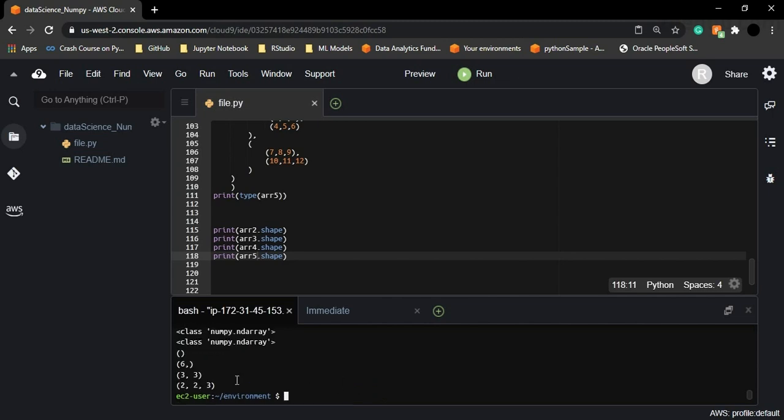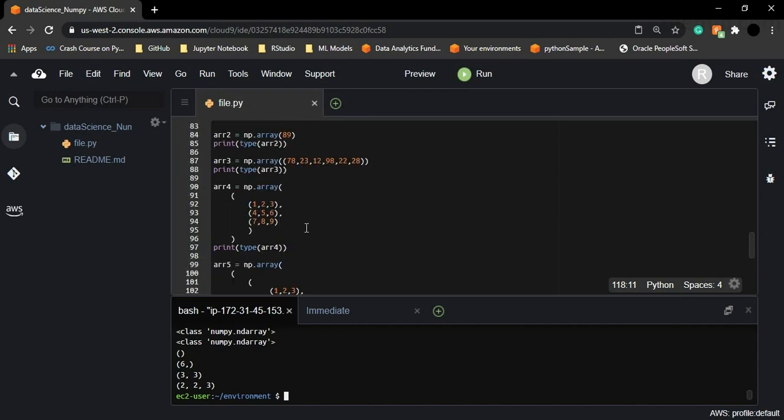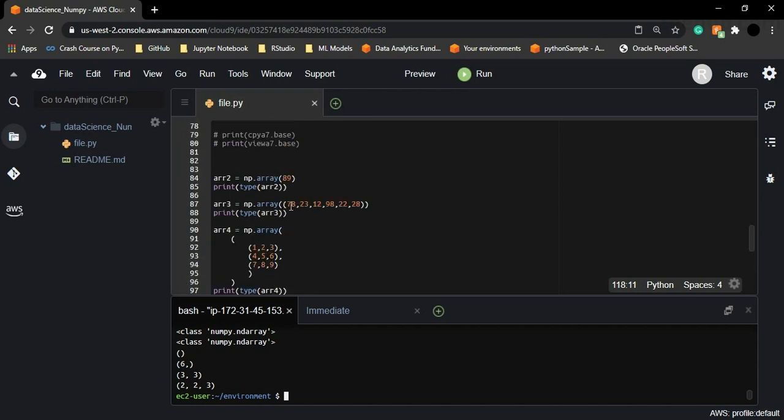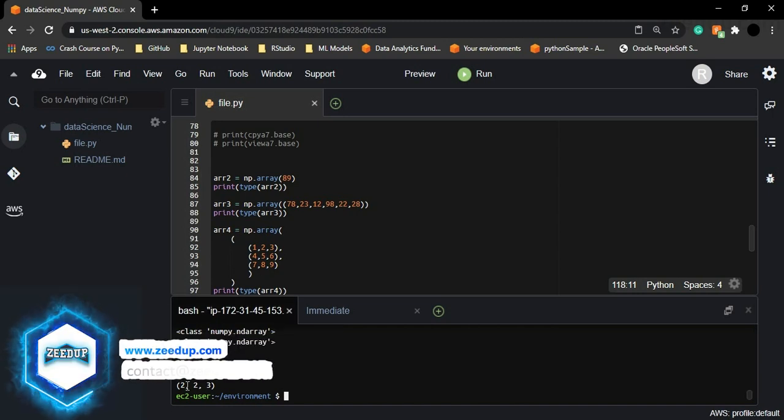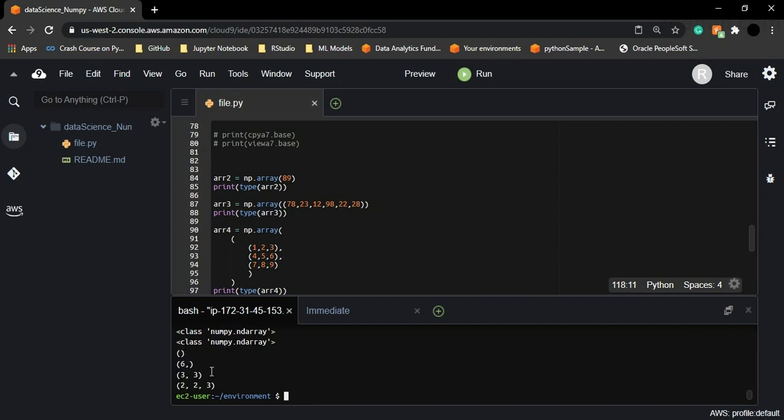So you can see, firstly we are having nothing, that means just the one element. Then we are having 6, so there is only one dimension in which 6 elements are present. Then we are having 3, which means there are 3 rows. The first parameter is going to tell you the number of rows. That means there are 3 rows, and in each row there are 3 elements stored, right? So when you multiply them, you get the total number of elements present in the array,